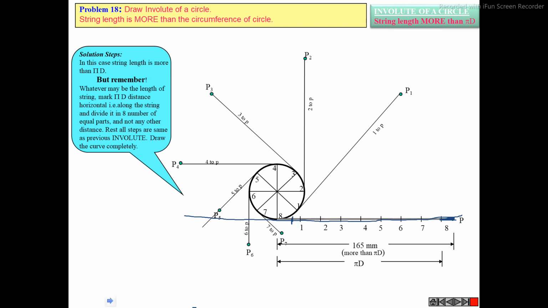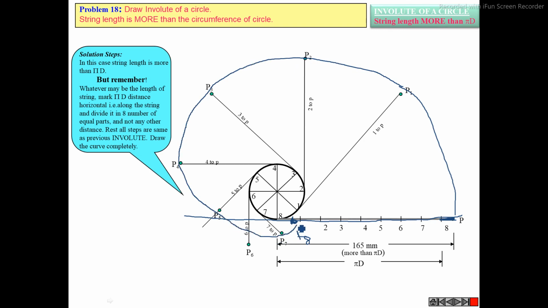Yes, sir. This point is the last locus point of your involute, P8. Now ultimately, what you do is join freely all these locus points. That means join P1 to P2, P2 to P3, P3 to P4, P4 to P5, P6, P7, P8. Do not stop over here, because you are getting an involute when you are wrapping and unwrapping a certain length of wire from a circle. So just extend it to the circle.